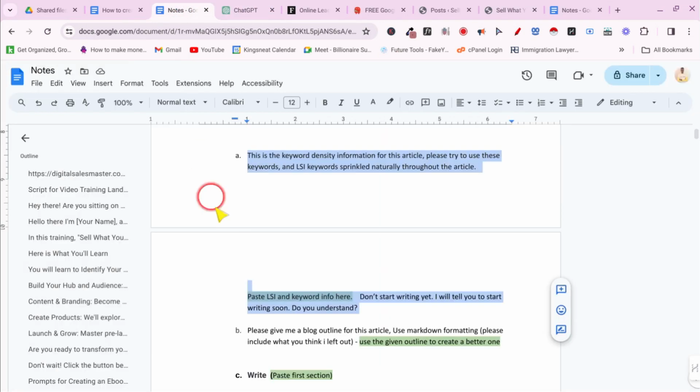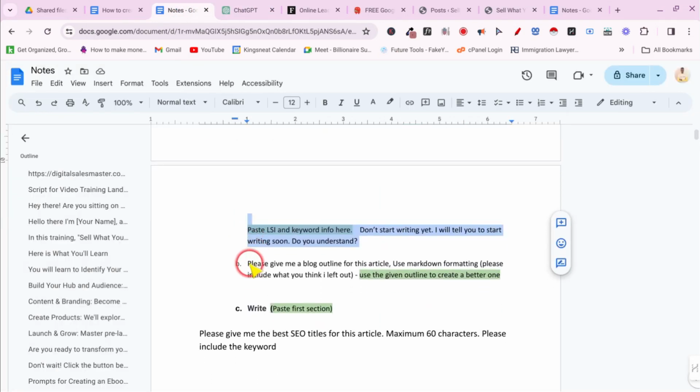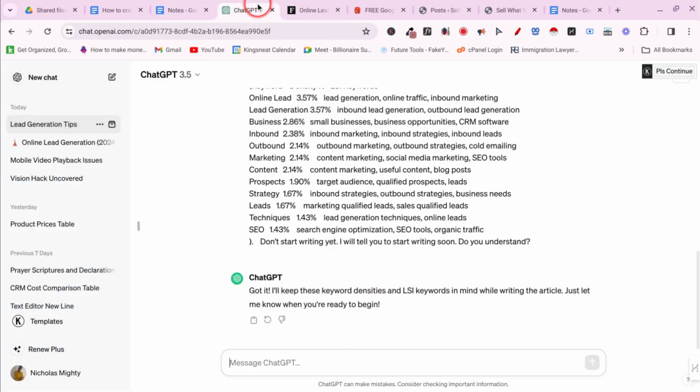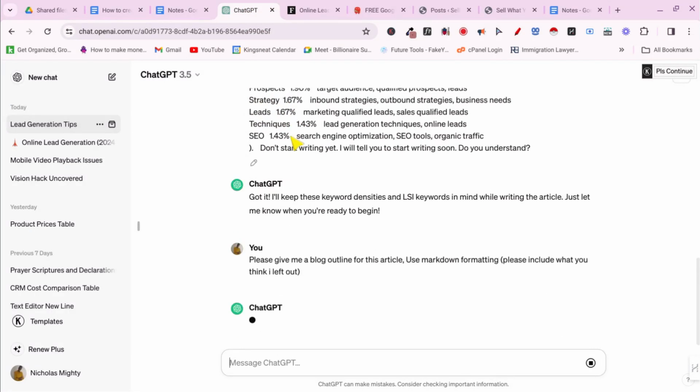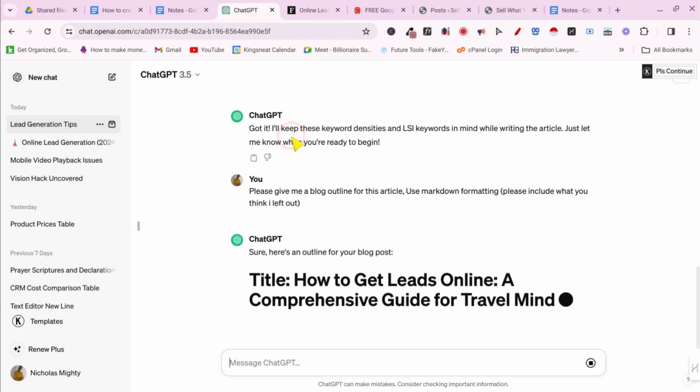So go back to your instructions. Please give me a blog outline for this article, okay? And obviously, this is an instruction to you. Inspect the outline and see if you can create a better one. Come back to ChatGPT and ask ChatGPT to give me